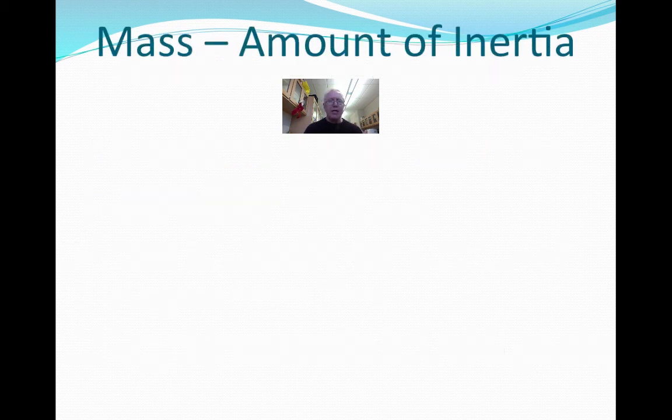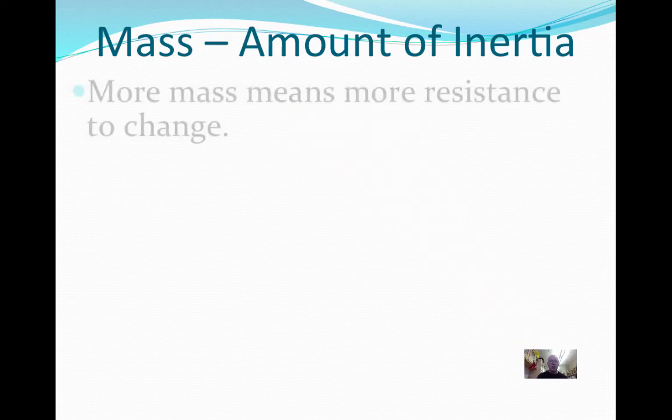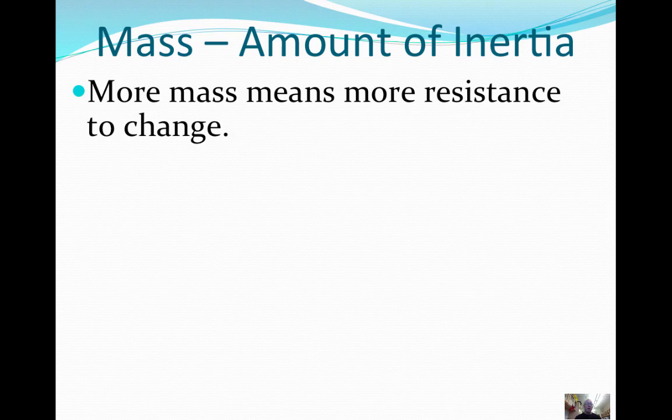Okay, so mass, which is going to be a new variable for us here, a new piece of information that we're going to identify, is the amount of inertia. So the bigger the mass, the bigger the resistance to change. If you have a large mass and you want to get it moving, you have to supply a big force to get it moving, and it's going to resist your change a little bit more. And if it's moving, large mass, it's going to take a bit to slow it down.